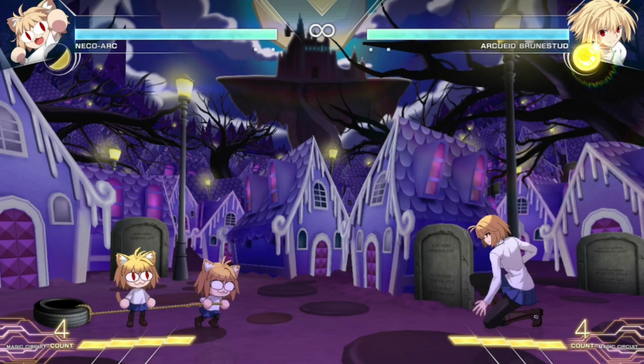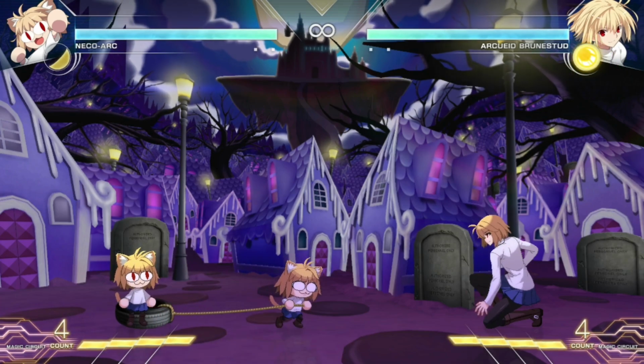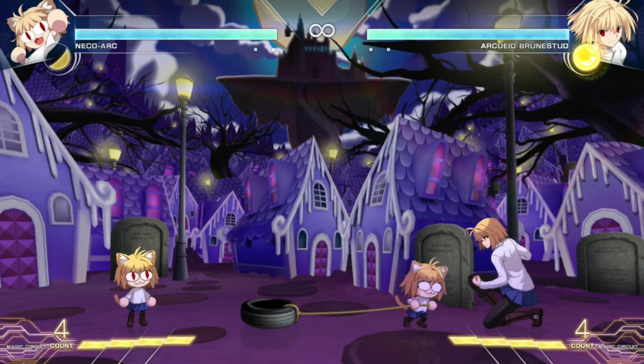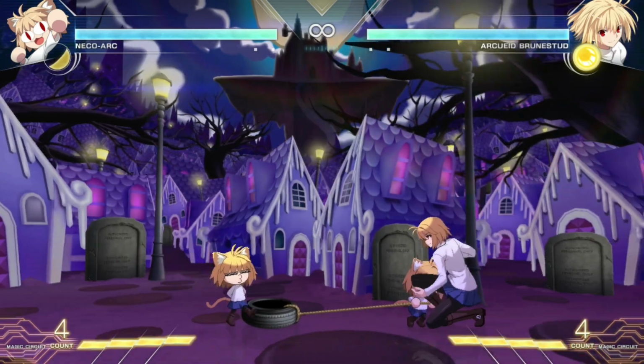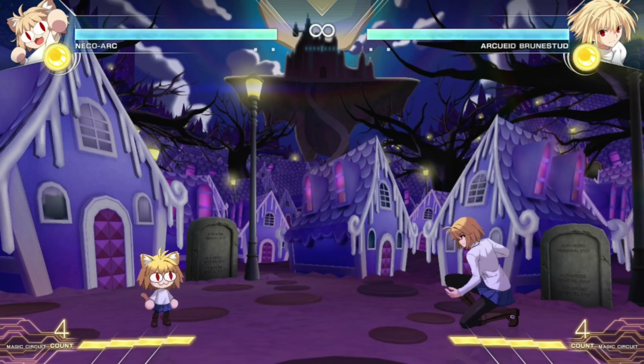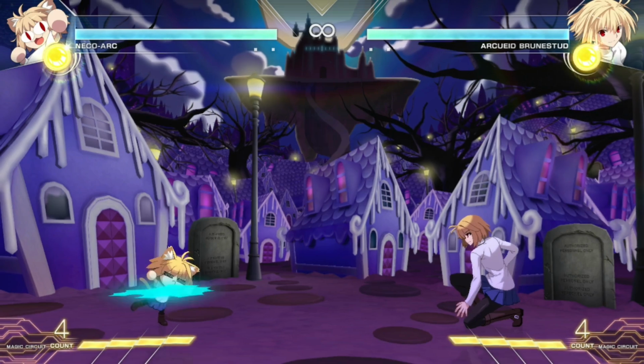And of course, they're supposed to be a little bit memey, so they're not really supposed to be the strongest character. That's why some things may feel like they're useless on paper, but we're going to try to go over everything and try to give a use for most of the things and how you can try to utilize her tools. So starting off with Neco Arc's grounded normals, her 5A is going to be a very stubby poke right here,